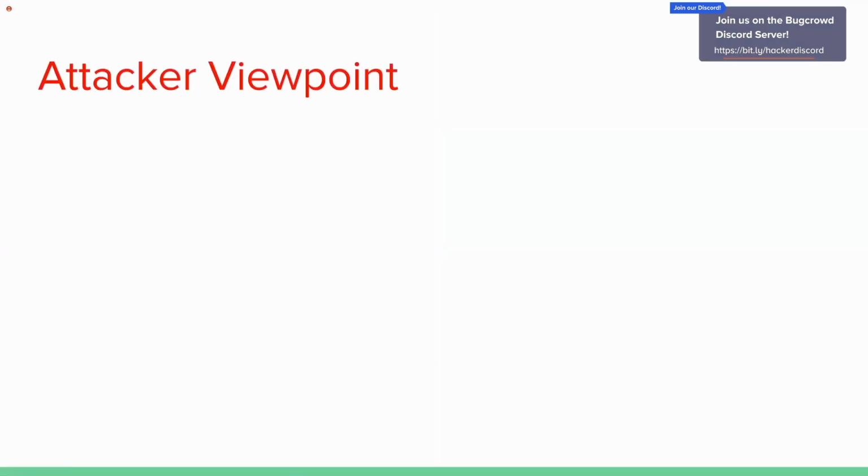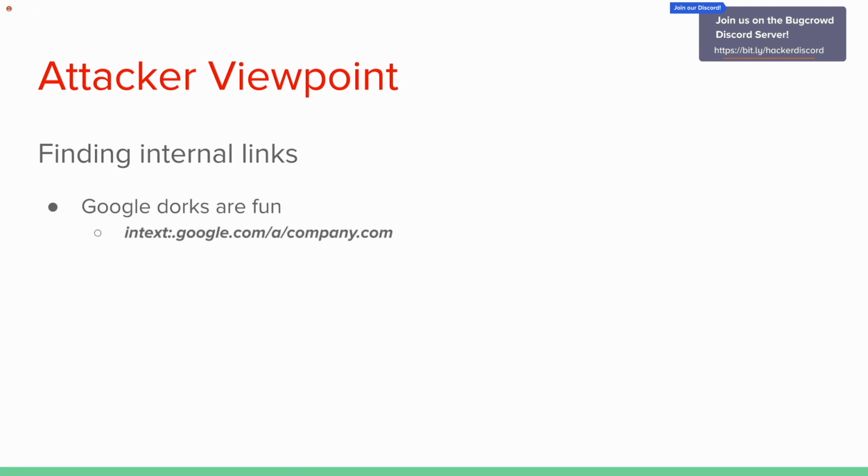So let's look at it from an attacker viewpoint before we start looking at fixing it. One of the common ways to do it, and I have tweeted about this, other hackers have also tweeted about it, is finding internal links through Google Docs. If you do a Google Dork, which is basically giving it certain parameters to specifically look for, you'll say in text, find every link that mentions